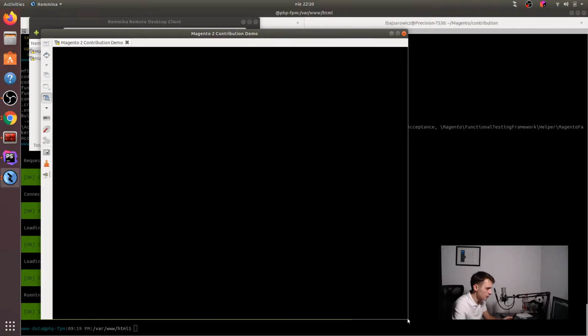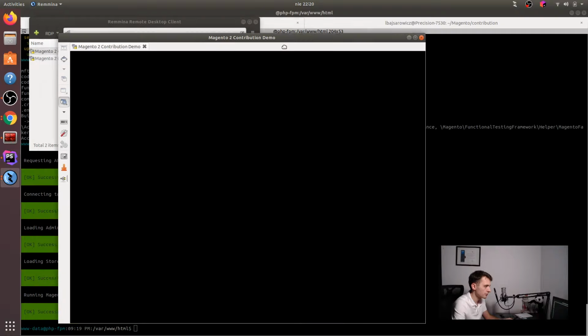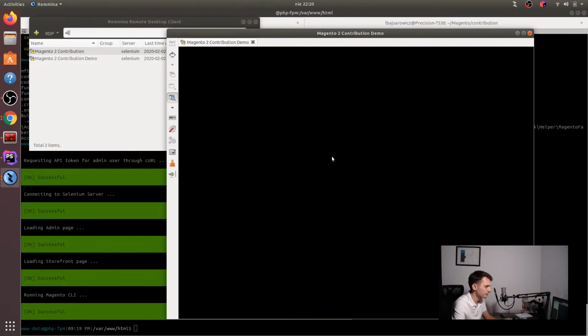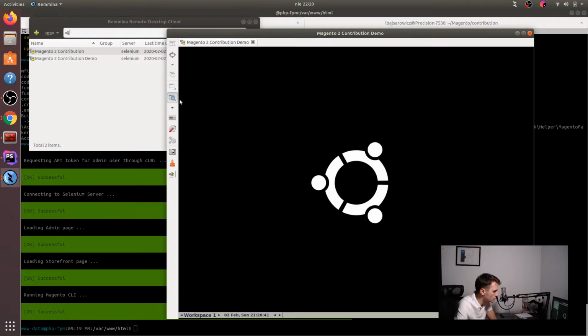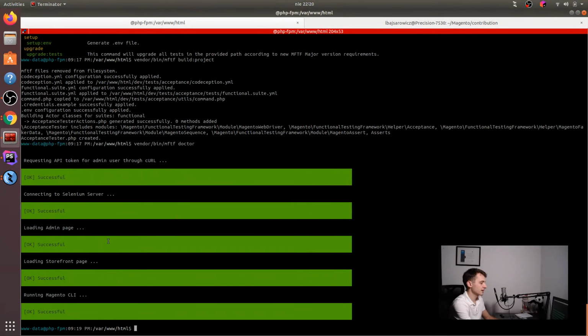Okay, and we should be in. There should be a logo of Ubuntu. Oh, there is. Okay. Actually, we have Chrome installed here, and the Ubuntu environment. So let's try to run the first test, which is vendor bin MFTF run tests